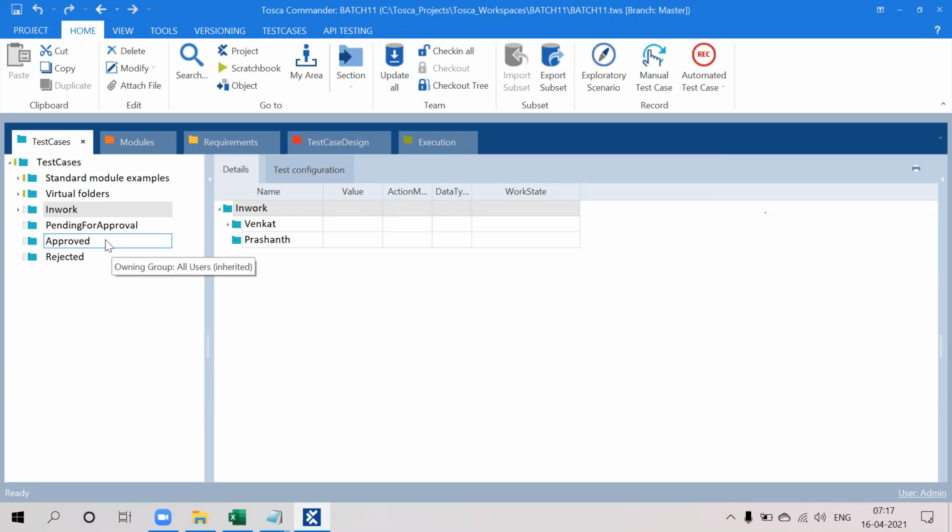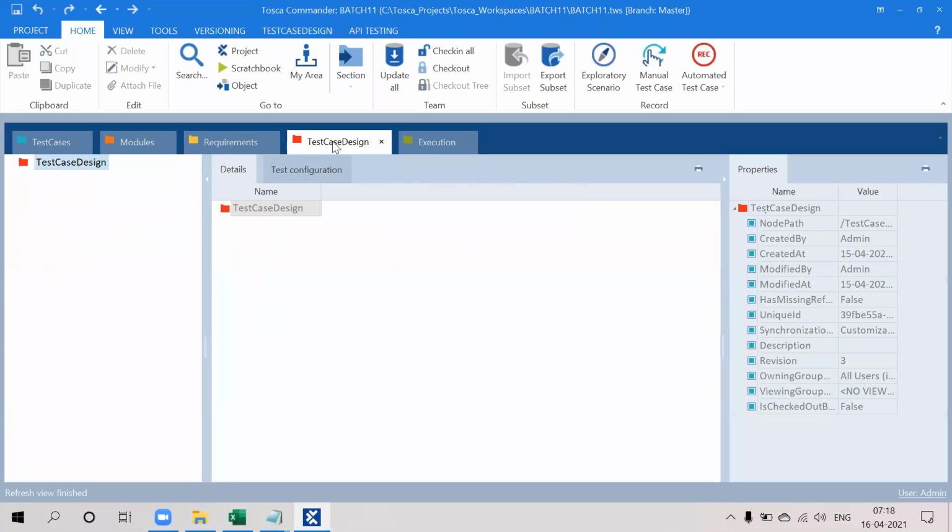If at certain times you have to give the application changes in the same sprint, sometimes you may not achieve completing your automation part, right? So in that case, to save time, the first thing you need to identify is the test cases, based on the requirement, and then you need to design them in the test case design section here.